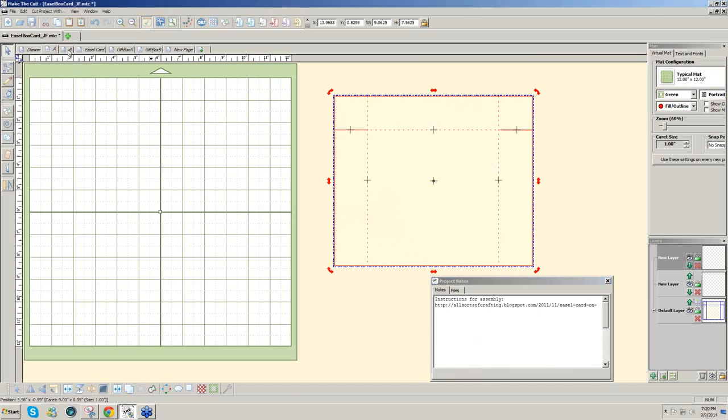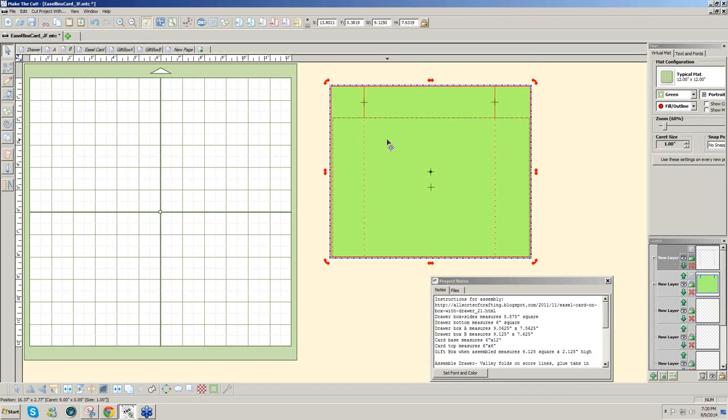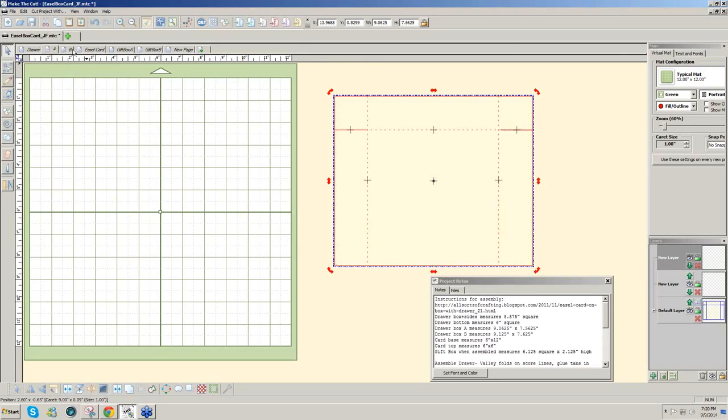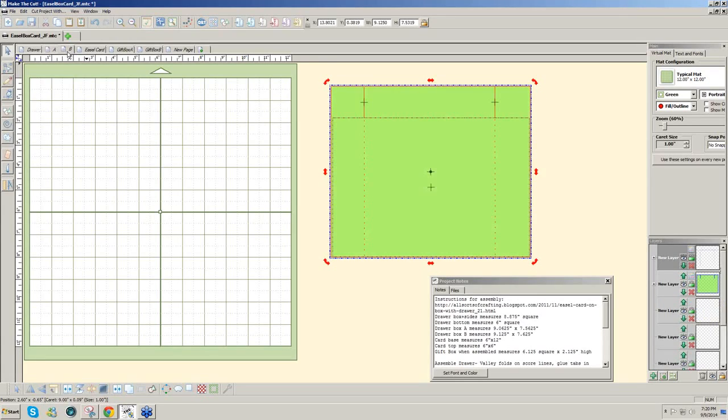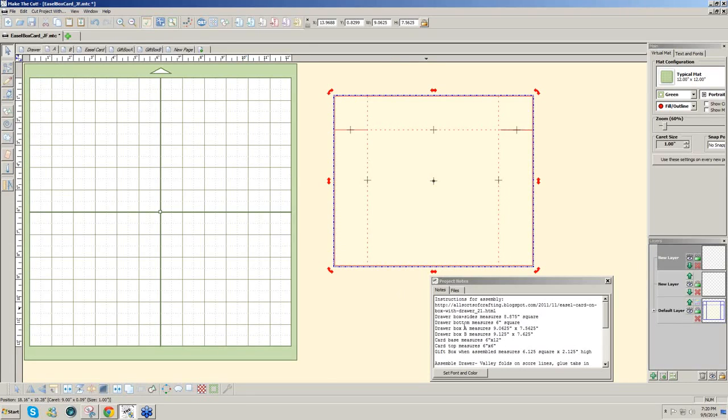And then the second side is done the same way, but just about 1/16 of an inch smaller so that it will fit inside of this one. So to do this one again, it's a very similar process. The size on this one, box A, is